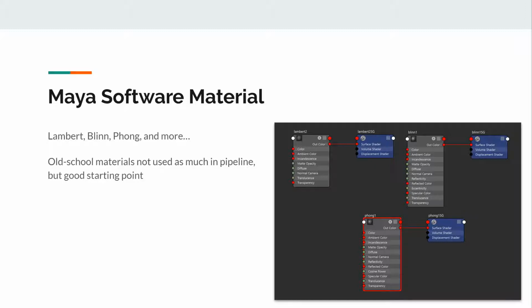Now, these are old school materials. They're not really used as much in the pipeline right now, but they're a great starting point. And again, like I said earlier, if you can make good looking art with it, it doesn't really matter what you used initially. Like I was saying before, we're only going to be focused on the color channel of a